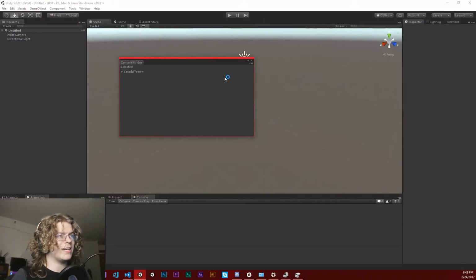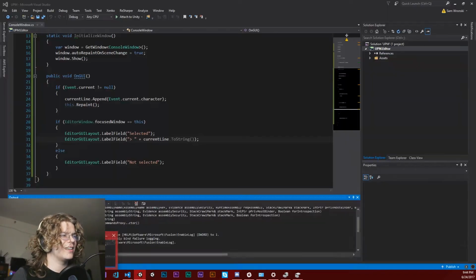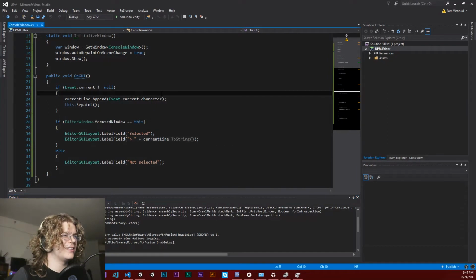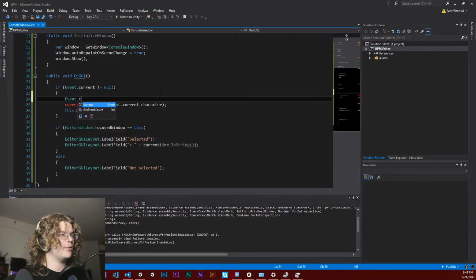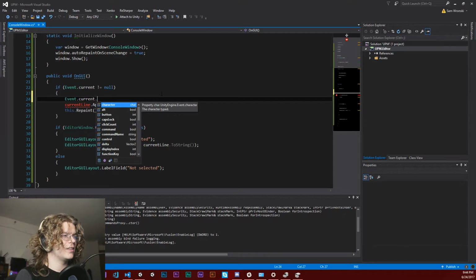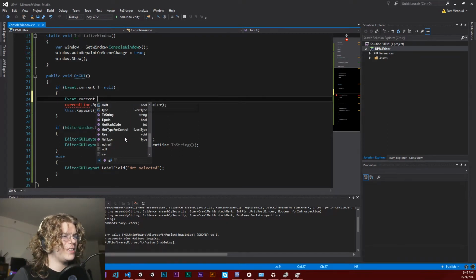So I can type here, but there's another problem. I don't know how to solve this, but we get two characters for every event. And I don't know why. I've never used this event class before, so I know there's a current, and that's all I know. So we need to figure out